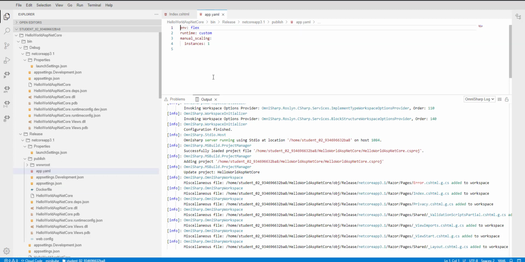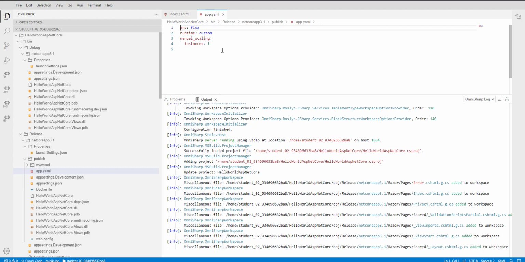Because I am going to show App Engine Flexible, the app.yml needs to contain environment: flex, runtime: custom, manual scaling, and instances: 1, because this is a very simple application. That is the format I am creating, to show the process of how we can do this. So first you create a Docker image, then you have to create app.yml.